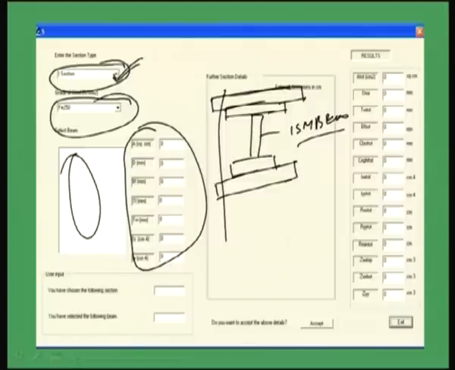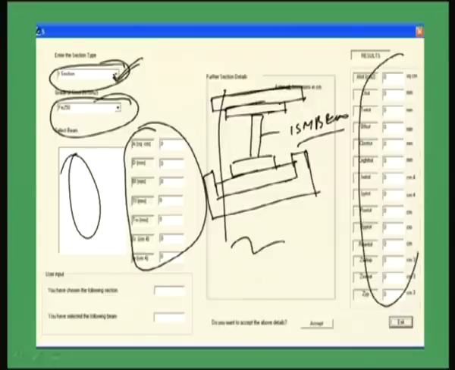Or you can provide some angle also, not only plate. Then what will be the properties? That also you can find out from this. So all the equivalent sectional properties will be displayed here.